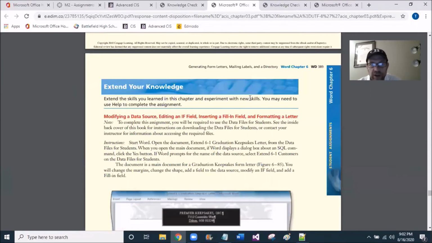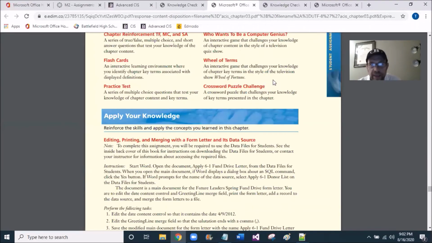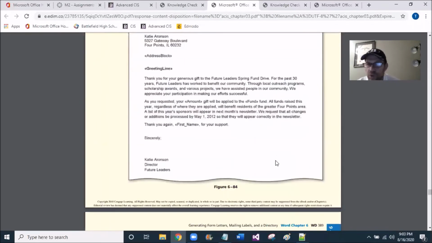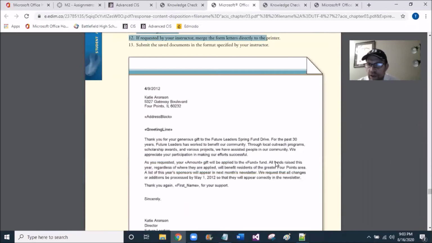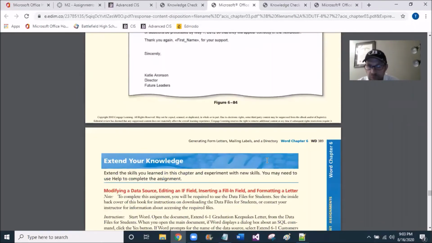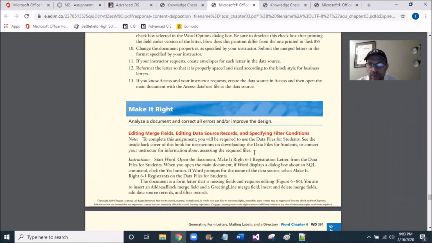Apply Your Knowledge has approximately 13 steps. Once you get done with step 11, this is where the final merge comes into play, and you're going to save it. This is the file you'll then be uploading. It gives you a little sneak peek, and these files very well may have multiple pages because you're pulling in data. If I quickly jump to Make It Right,